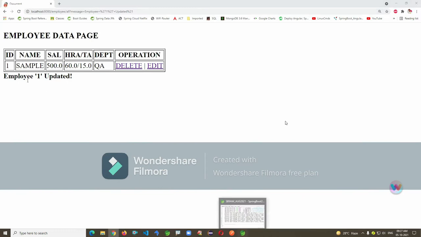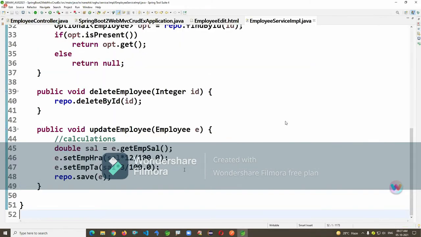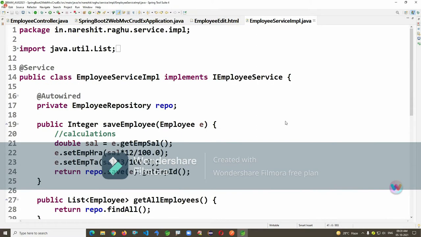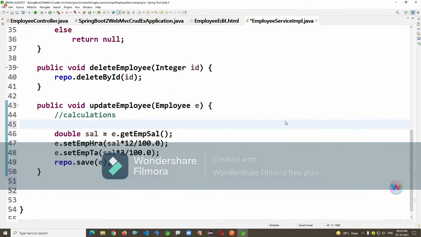Now I'm doing a small modification. Please concentrate. I have some common code in two methods. Is writing the same code two times a good approach? No. Then what I'm trying to do is write another method, something like calculateData. I'm keeping the data there. Instead of writing in this one, I'm writing a separate utility here, EmployeeUtil.